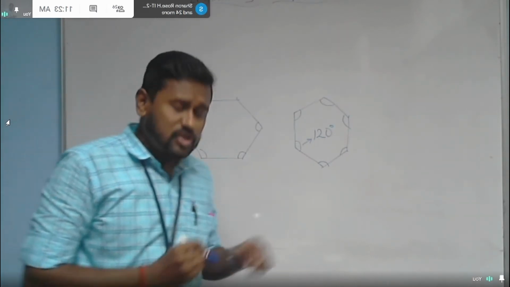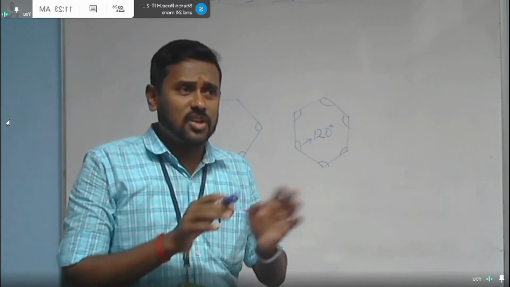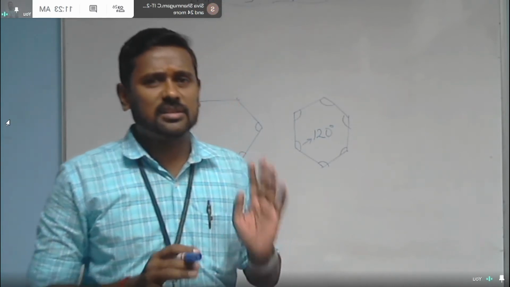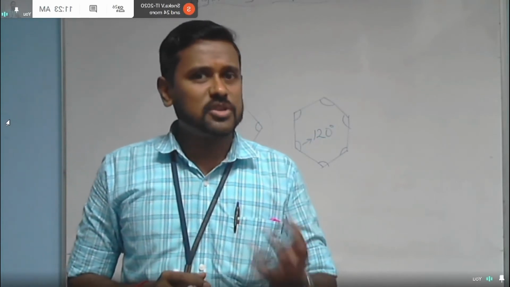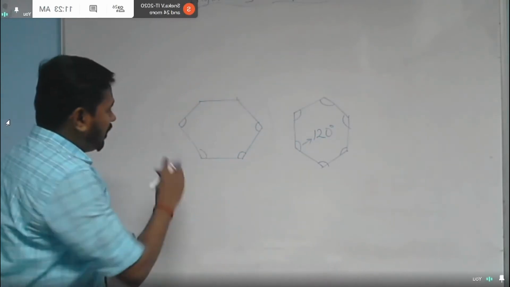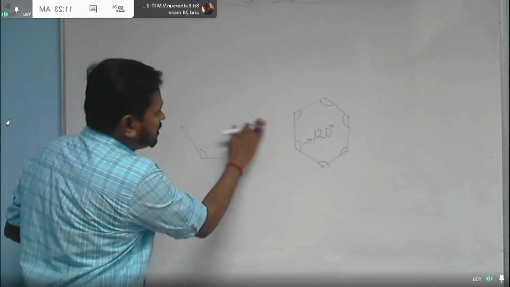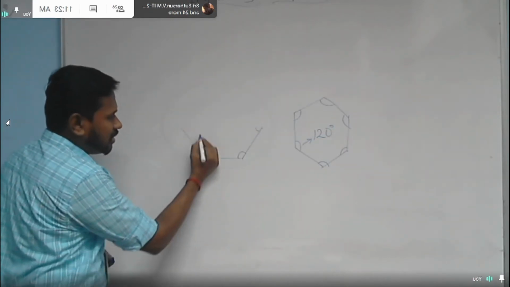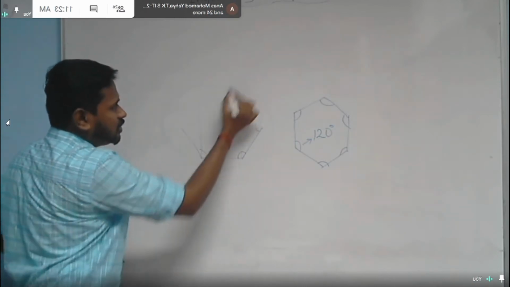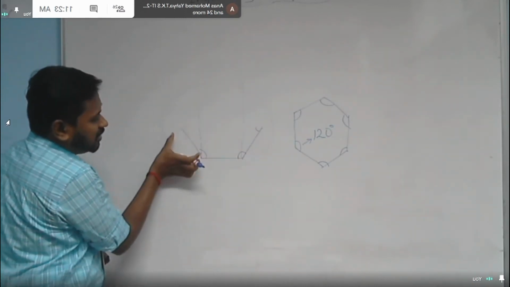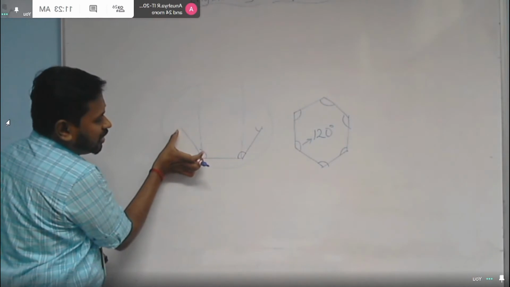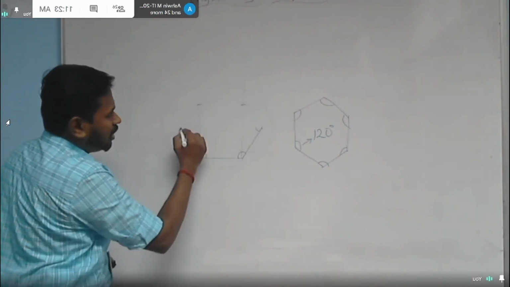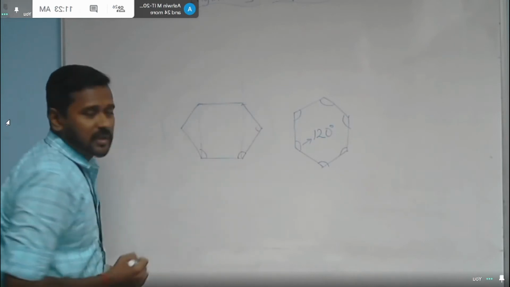In this route also some simple shortcuts may be possible. Once you have some experience on these topics, definitely you can use some shortcuts. For example, after making these two sides, simply draw a vertical line from these two ends, and with a length equal to the side of your hexagon, cut an arc from this part, and here also cut one arc, and join to complete the hexagon.